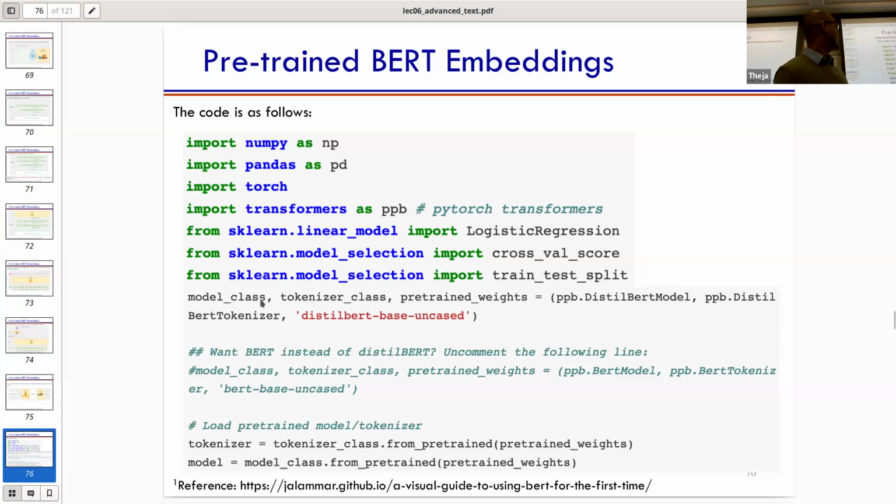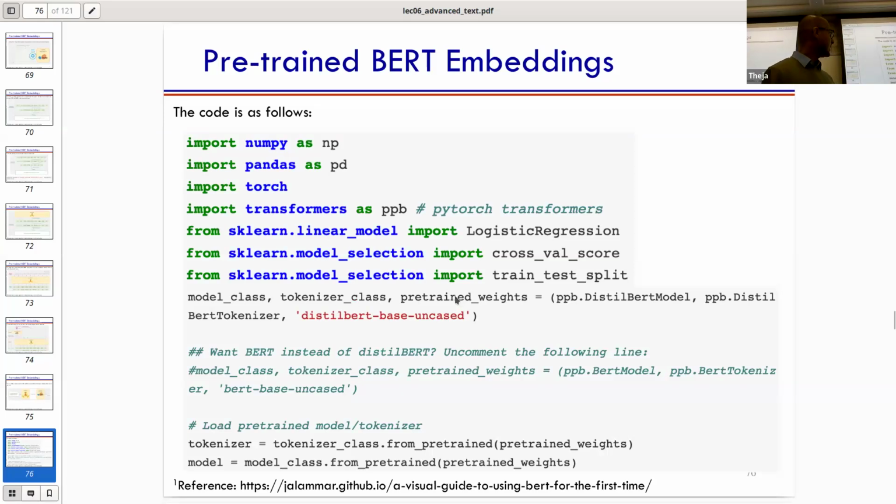So here, the DistilBERT model, which tokenizer you want, the DistilBERT tokenizer, and which weights you want. DistilBERT has some different variations in the model weights. We want the base uncased version. These are just some extra suffixes, because it turns out the pre-trained models for the same model specification come in different settings, with cased and uncased versions. Casing just means capital case versus lowercase. So you just pick the last one.